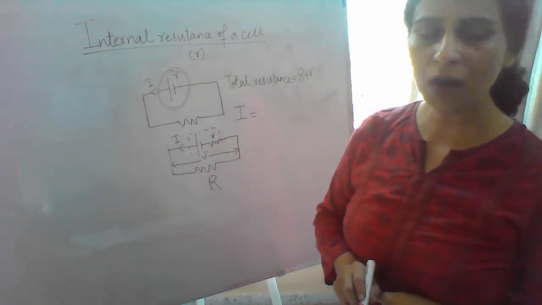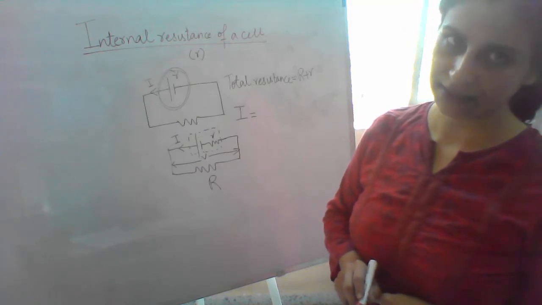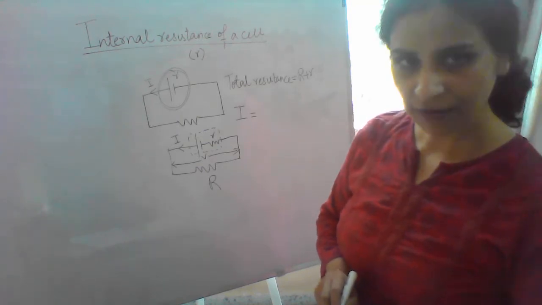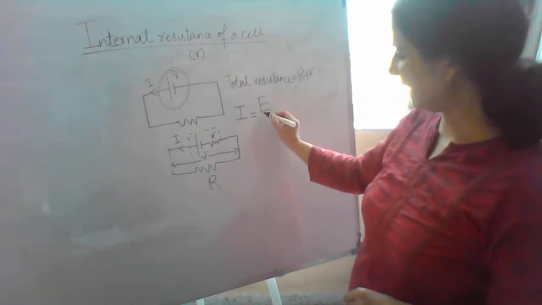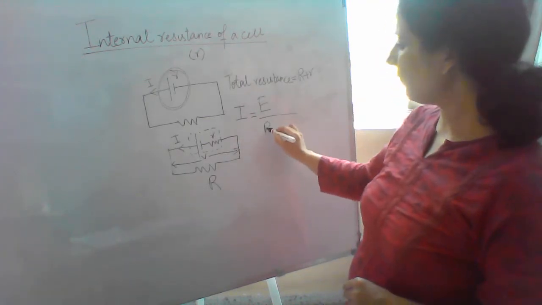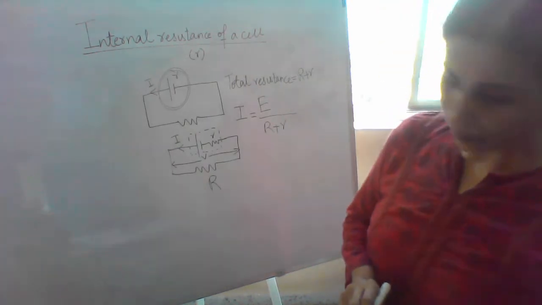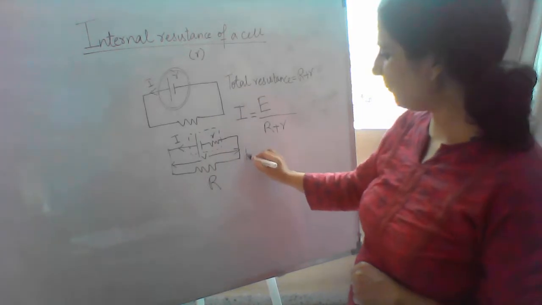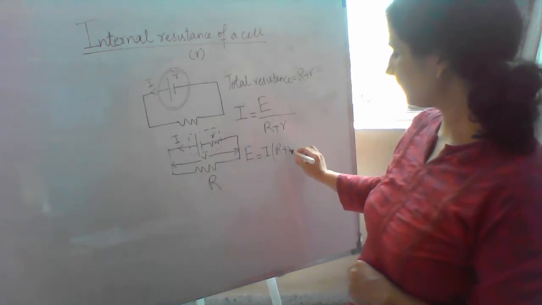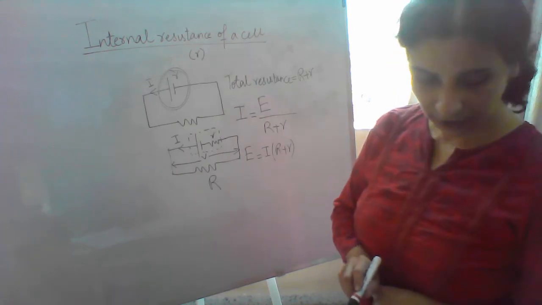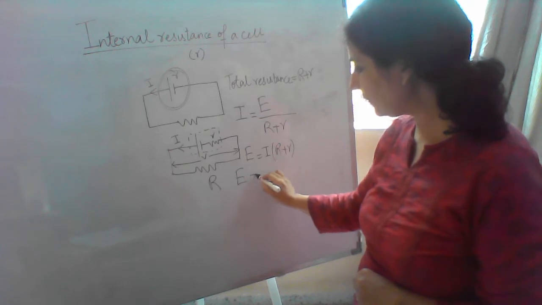What is Ohm's law? V is equal to IR. That is, voltage is equal to current into resistance. So what is current? EMF, that is the total voltage available from the cell, divided by the resistance of the cell. Now this one I can cross multiply. I will get E equals I times (R plus r). Okay, now if I multiply I